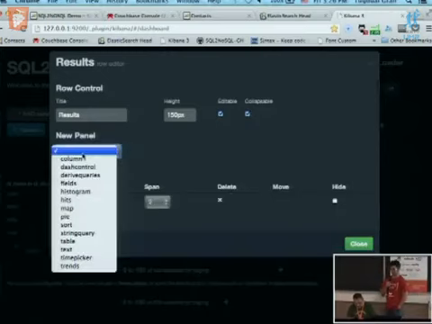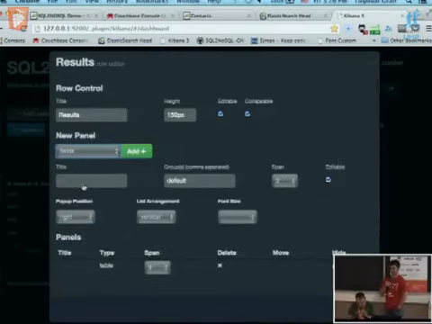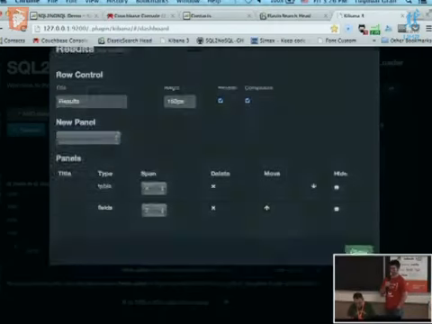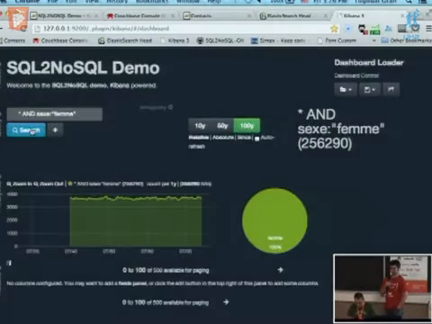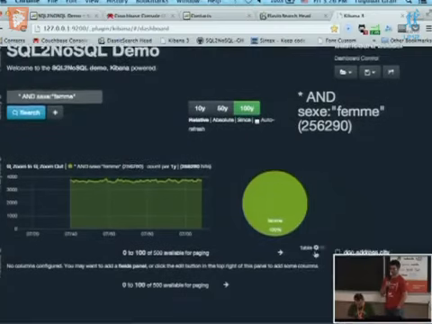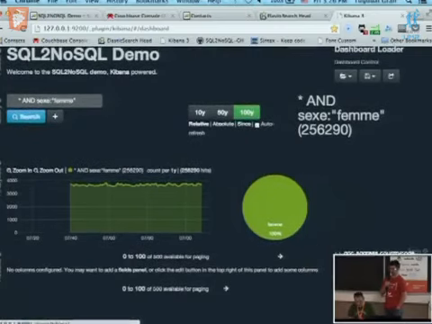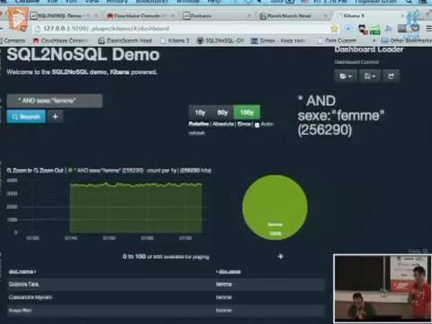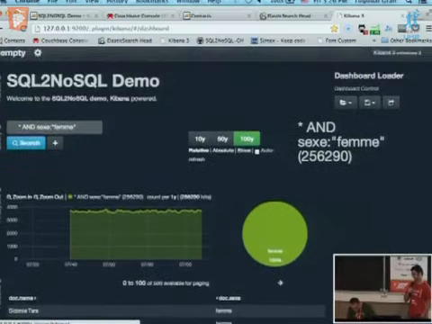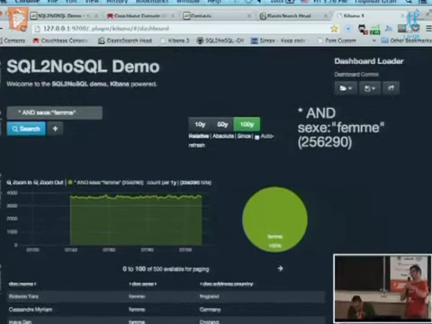I will need to add a field picker. You know. So here we have all the fields that exist in our document. So we have, for example, the name, the sex. Is he interested in, I don't know, the country, for example?